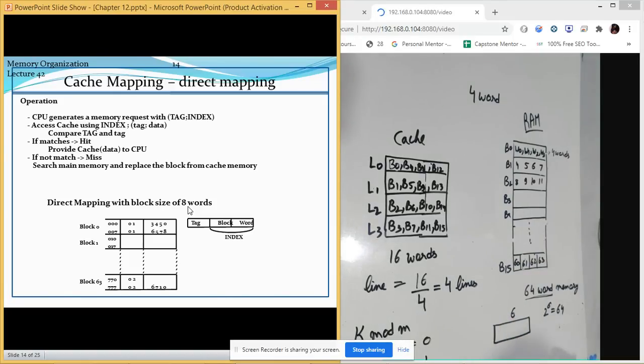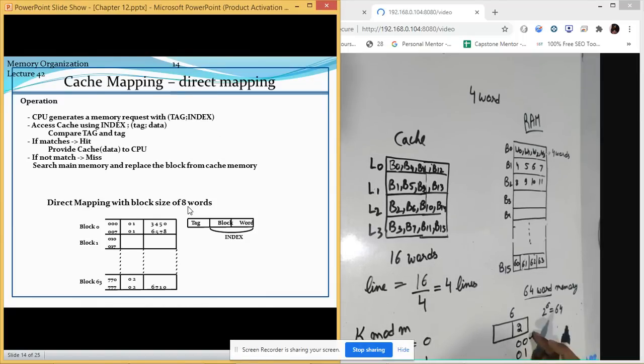So now let us see, if we firstly make a provision for the words, how many total words are there? 4. So how many bits do I need to decide which word is there? So there are only 4: 0 0, 0 1, 1 0, 1 1. 0 0 will tell that it is W0. 0 1 will tell it is W1. 1 0 is telling it is W2. 1 1 is telling it is W3.